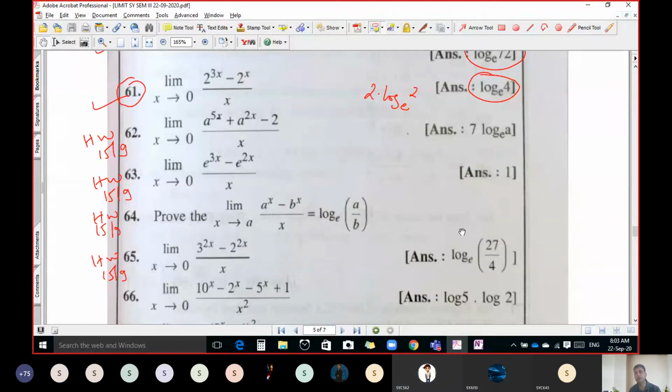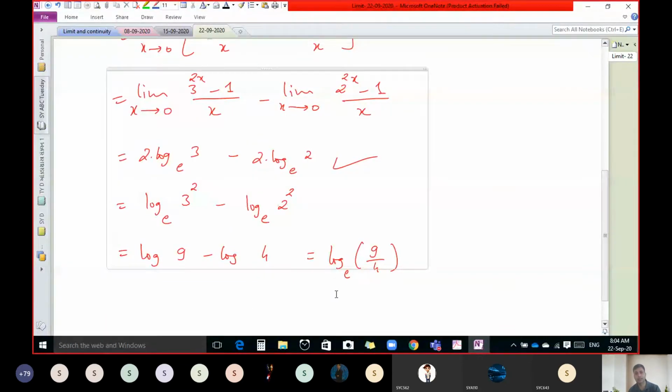The answer given in the book is not correct. The correct answer is log 9 base 4. If you want this answer, make the correction here. Instead of 2x, if you write 3x, then you will get this answer. So you have a two choice, either change the answer or change the question. But some correction is required in this question at either answer side or in question side. If we keep question as it is, then this is our final answer.